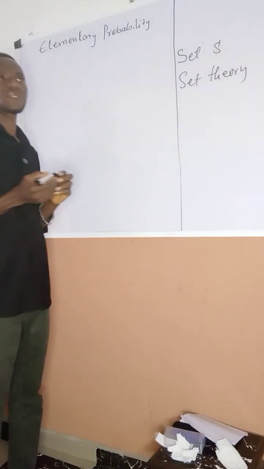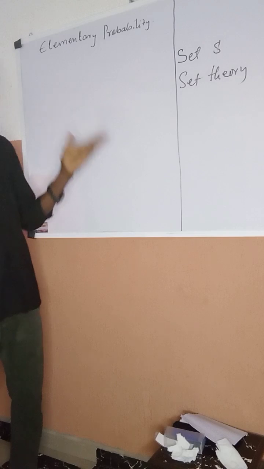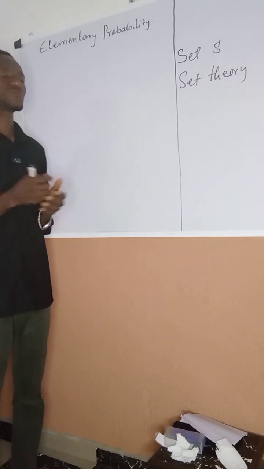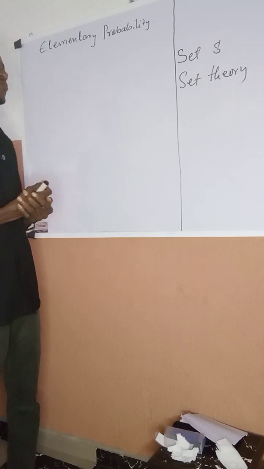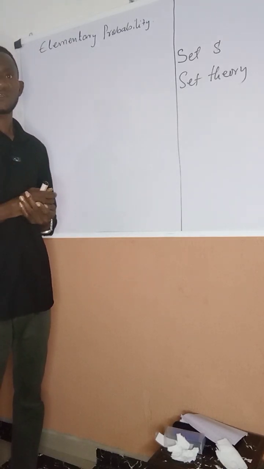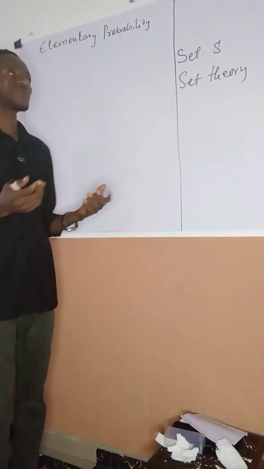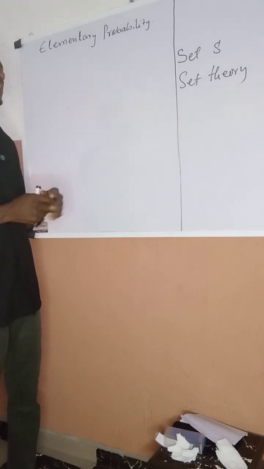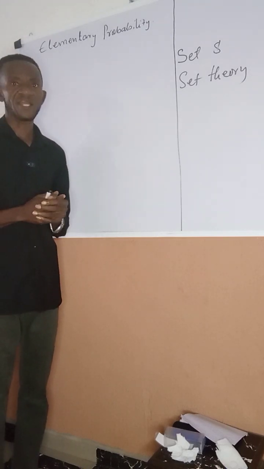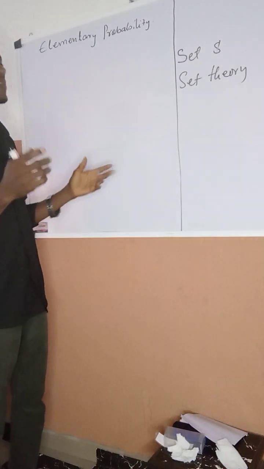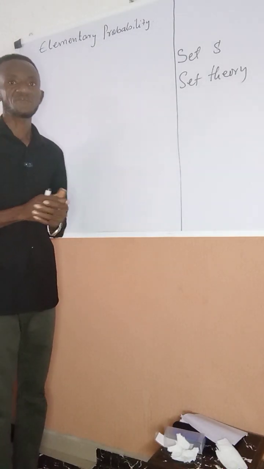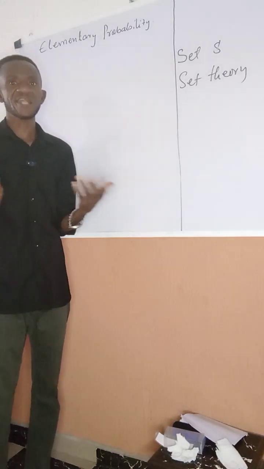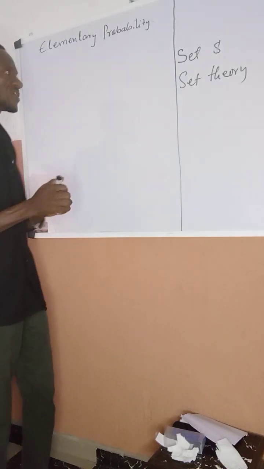Of course, we know that a set is a collection of well-defined objects that are enclosed within a set builder, or what we call braces. Traditionally, a set is denoted with uppercase letters of the alphabet, while the members contained within the set builder are represented with lowercase letters of the alphabet. Now, this set can be specified in two major ways, using what we call